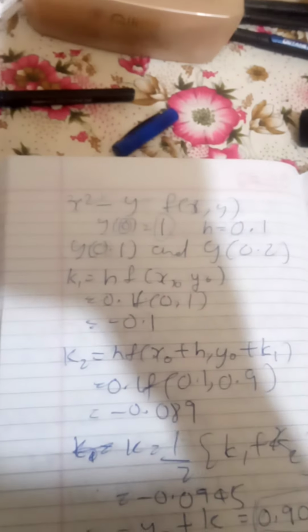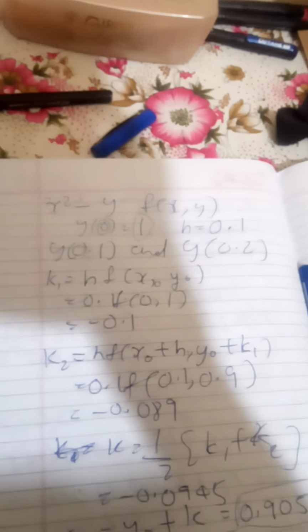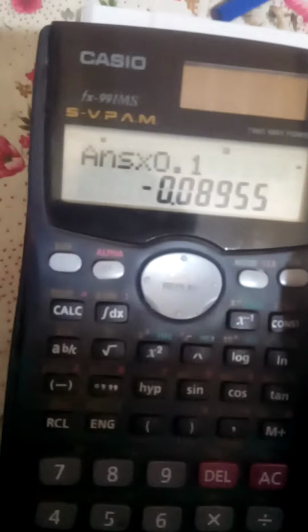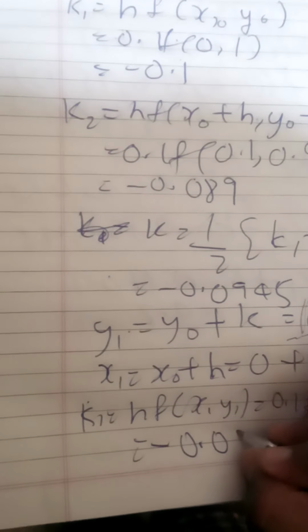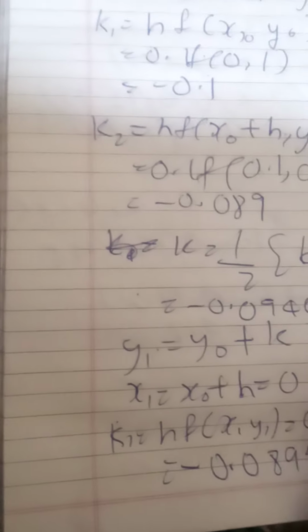Let's calculate. 0.1 square minus 0.9055. So what's the answer? The answer is this much. Minus 0.08955. Okay, so now let's calculate k2.